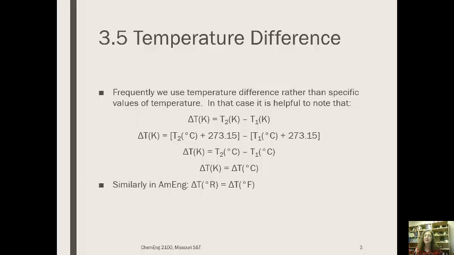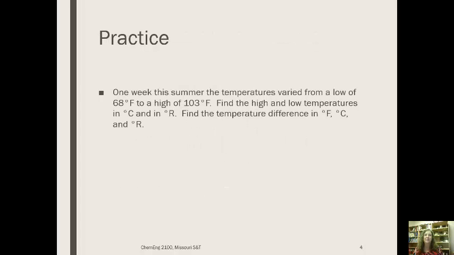So that makes it a little faster to calculate things, and in some future classes it's really going to make things easier for you if you'll just remember this and avoid all these tedious conversions. So if we look at an example problem,